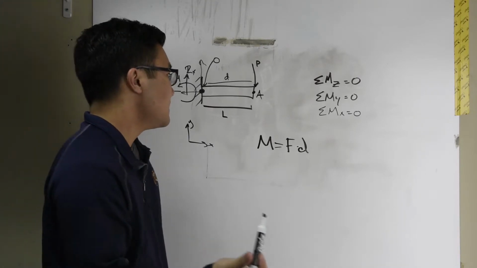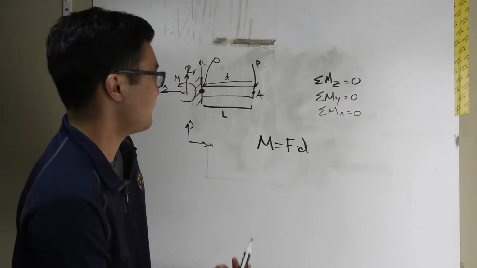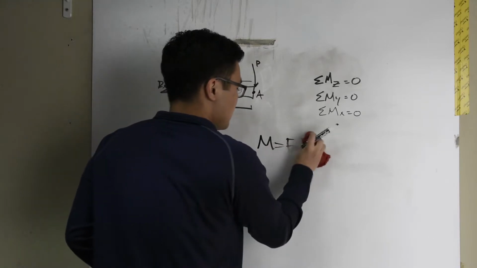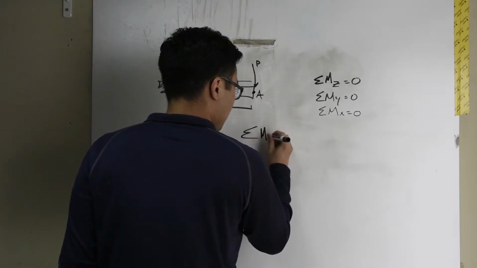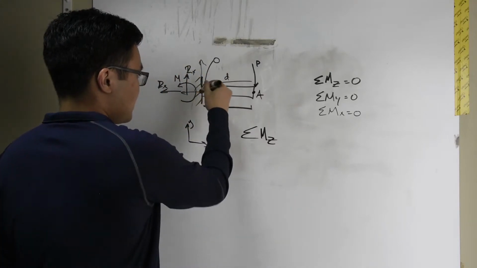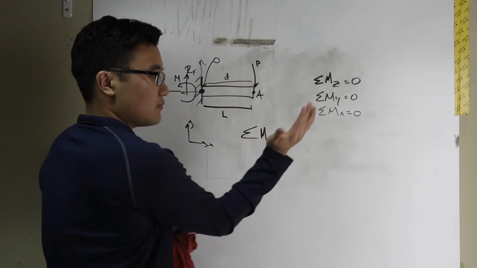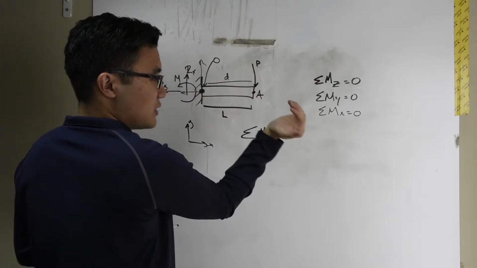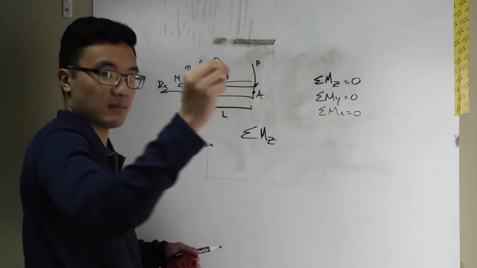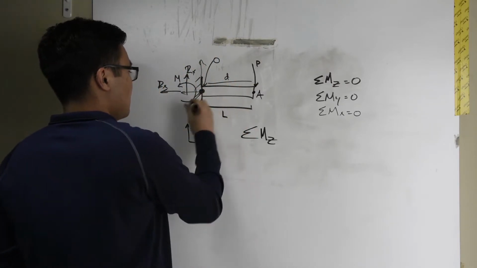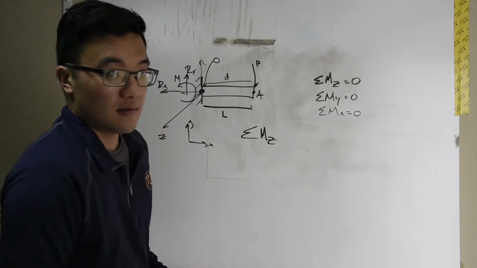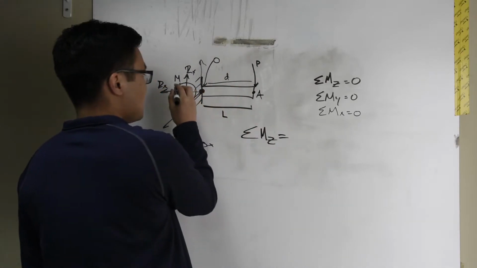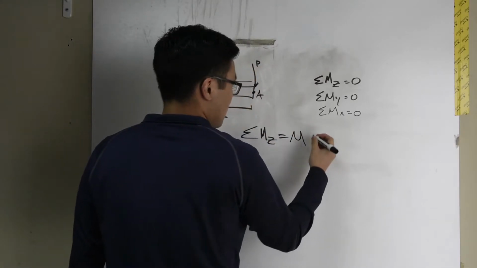Hopefully that makes sense. So therefore, if I want to do a sum of moments to figure out what my resisted moment M is, I can simply say sum of moments in the z direction, because it's going to be about the z-axis. If you think about it, I'm twisting this way, which is a rotation about the z-axis, which is coming towards the camera. You can draw that out. That twist about the z-axis is going to be equal to the resisted moment M minus